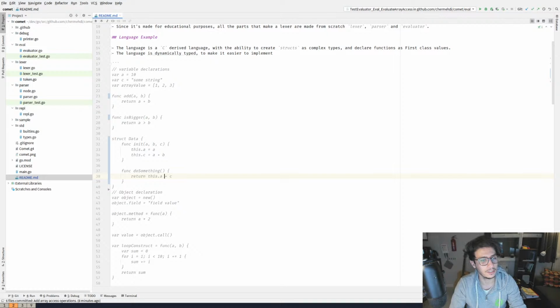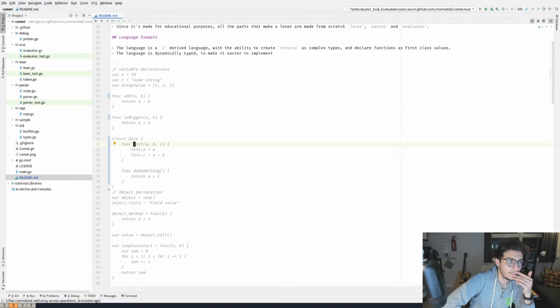This is syntactic sugar for doing this, but is this a good thing to actually do? And init is some form of specific method to do initialization. There is a little bit of lag. So you can write this dot b and this dot c, that's totally legit.